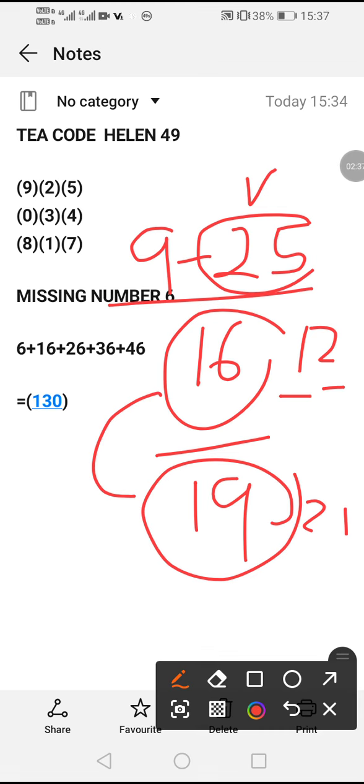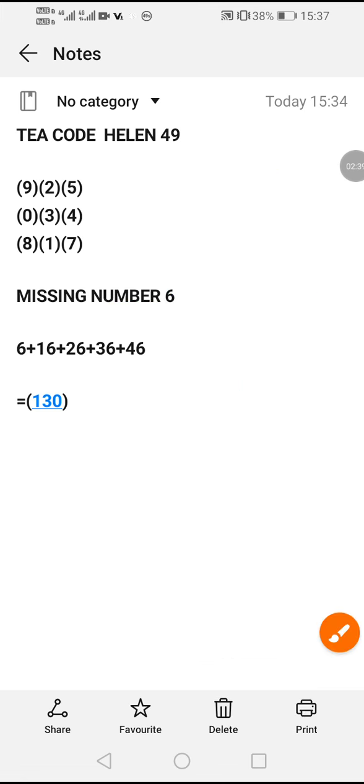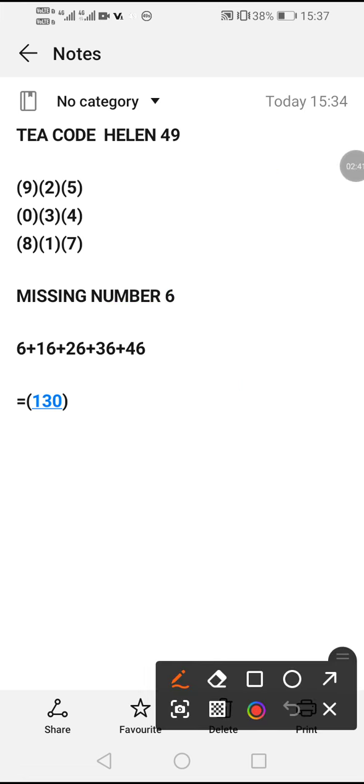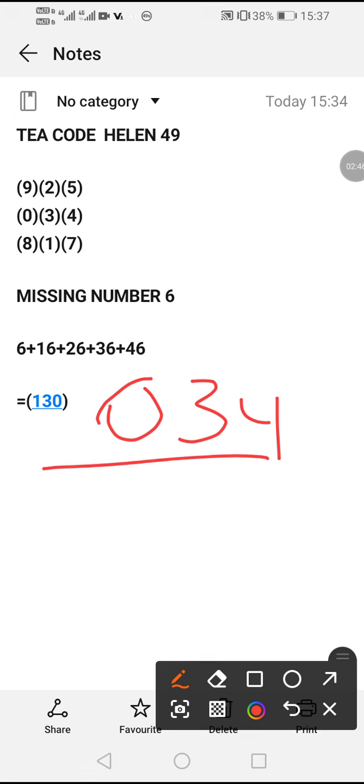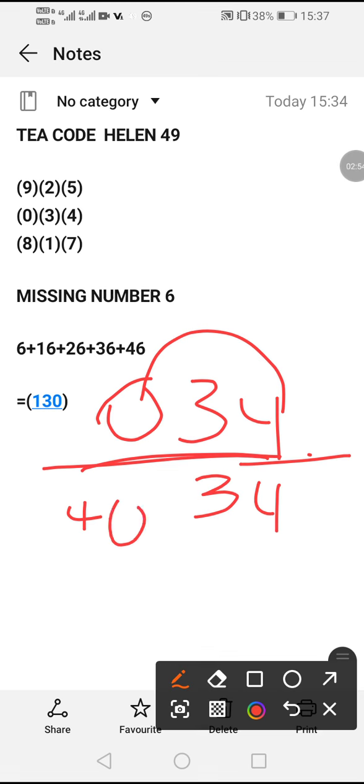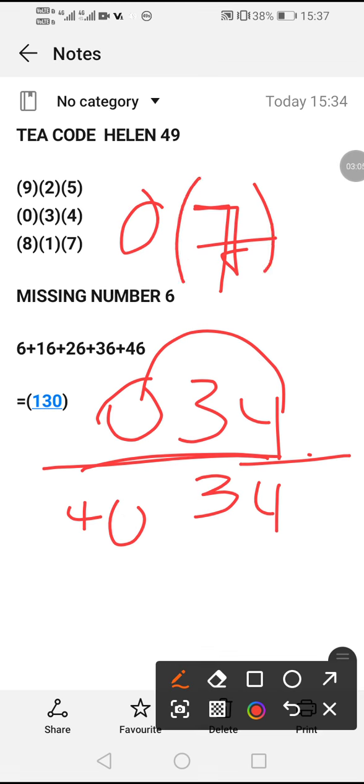Okay, when we are done doing that, we're going to move on then to the next code, which is 034. So with 034, what normally happens is they do spin these numbers around, which you're gonna get a 34. Then if you check there, we got a 40. And then sometimes she will say 3 plus 4, it gives us a 7. And then now the 0 will be this side. So there's another high chance of hitting 7 as the neighbor of what?